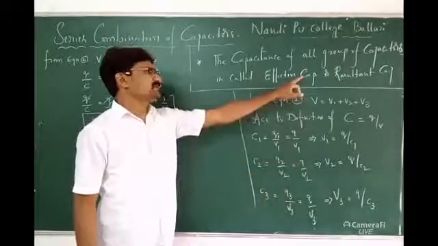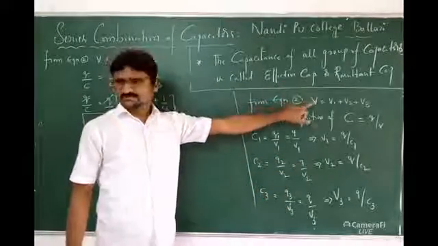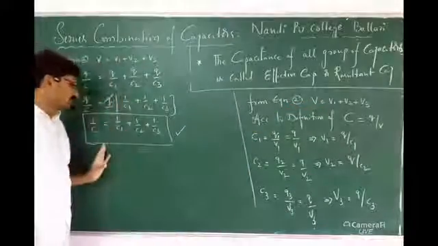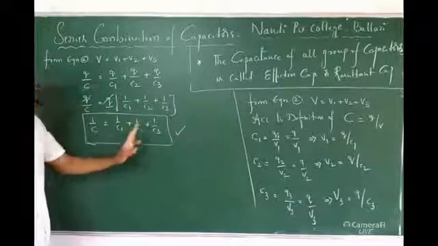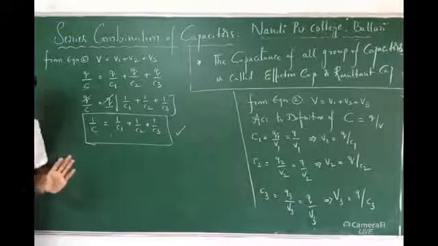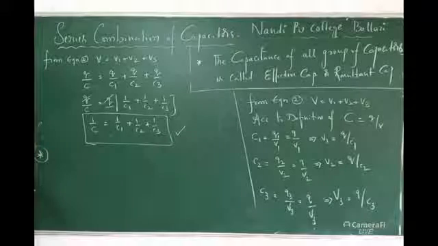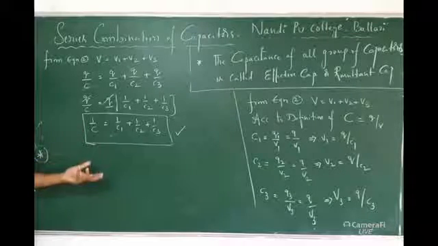By the help of these two, by the basic idea, I derived C1, C2, C3 and V1, V2, V3. I substitute in the standard equation V is equal to V1 plus V2 plus V3. So I get 1 by C is equal to 1 by C1 plus 1 by C2 plus 1 by C3. What I said? In our syllabus, 2 capacitors only are given. For understanding, I explained 3.